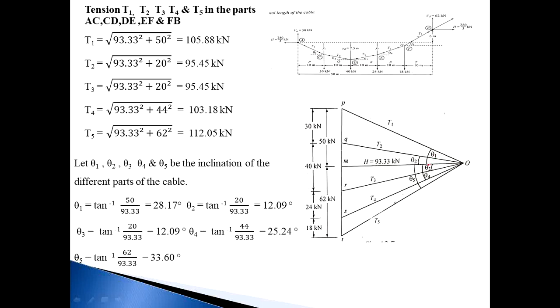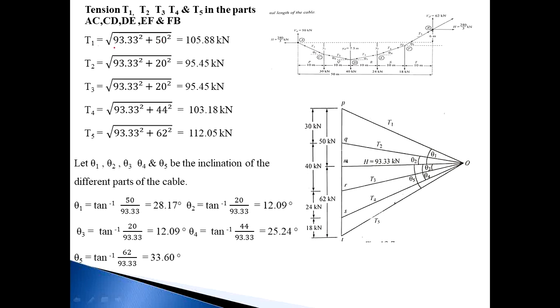So theta 1 becomes the angle MOP, the angle for triangle MOP. How to calculate? By using trigonometry. Theta 1 becomes tan theta, and once again this is the adjacent side and this is the front side. So tan theta is equal to front side divided by adjacent side. So front side is this value, and this is the length of that front side.